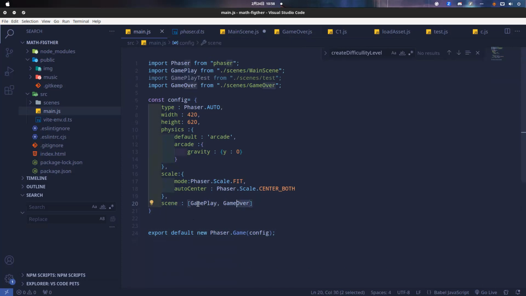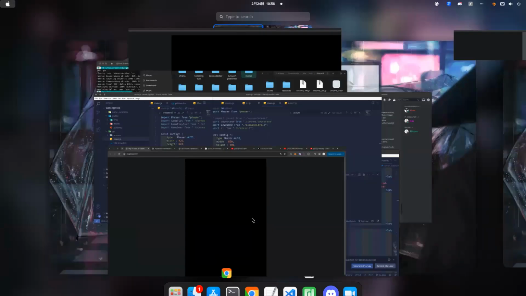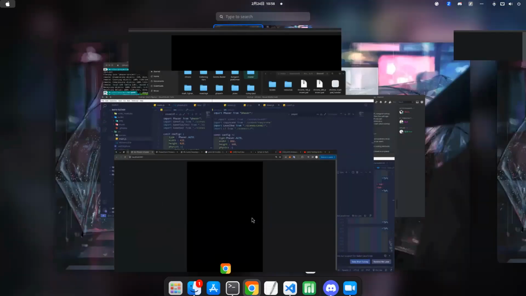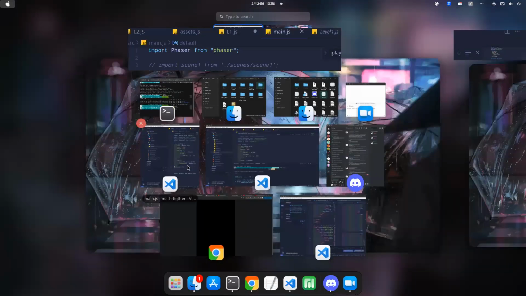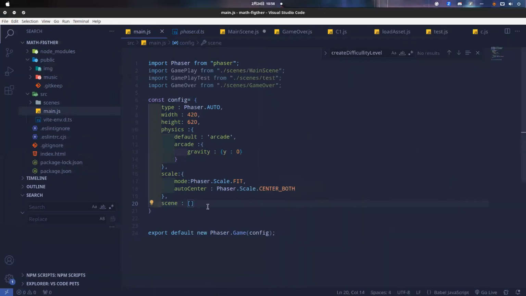If you don't call the scenes, this is what will happen. It's just black because you don't have anything that you want to use, right? Even if you already imported that inside main, but you do not use it inside the array, or you don't assign it inside the array of scenes, it's just black or white. It depends on your screen actually, white or black. Inside this one we just have a blank, which means it's just black. That's why in our browser it is black or white, because we don't have anything in scenes that we want to assign, right?